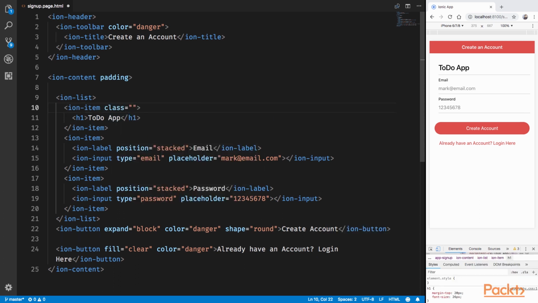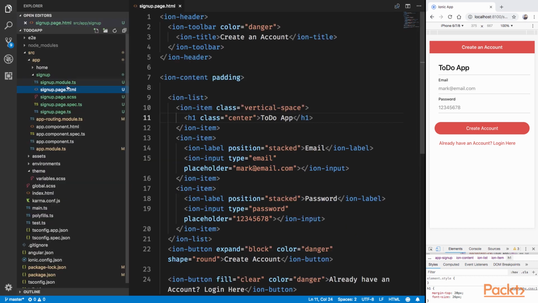To add some more styling, I'll add a CSS class to the Ion item called vertical space. You can name this class whatever you want. And I'll also add another class to the h1 tag called center. These classes do not exist as of now. So next we'll be writing these classes inside